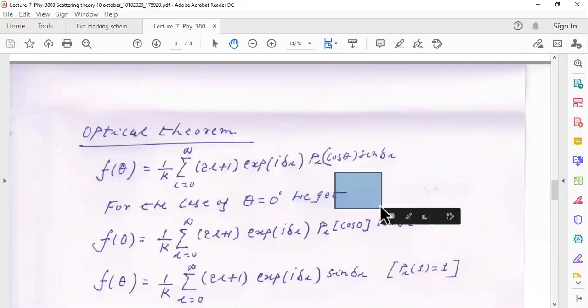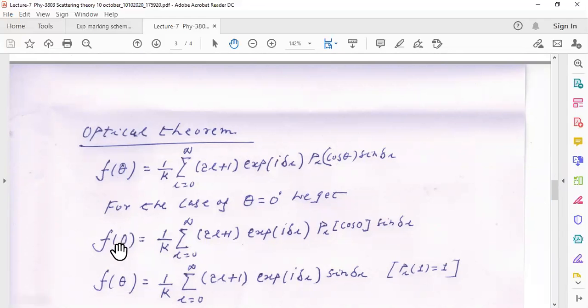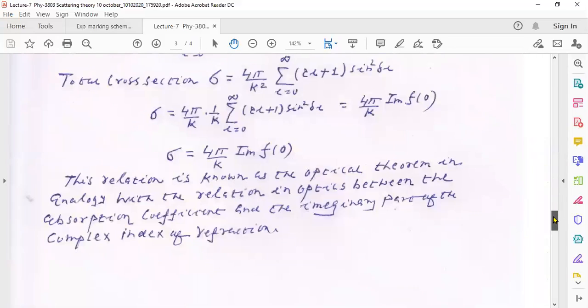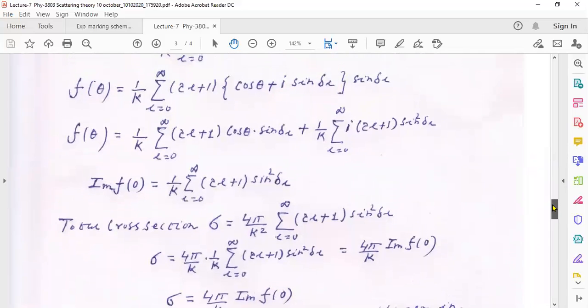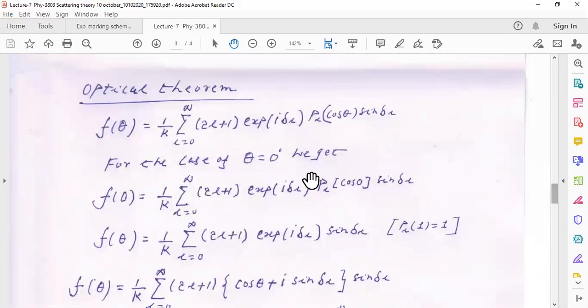Correct? That's why I wrote theta f0 there. You see, this f0 means f theta. f theta I consider for f0. So I'm using 0 to mean the case where theta is 0, right? There's no scattering here. So this is f0 because this value is f of 0, and this theta you have calculated for theta equal to 0 case. You see here I consider theta equal to 0 case, right?